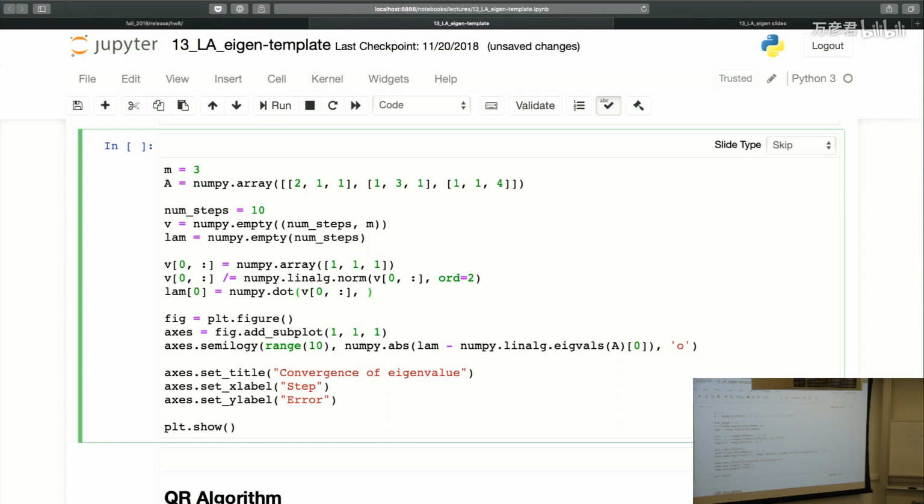Okay. What was I doing? Oh. Okay, so that's just computing the initial